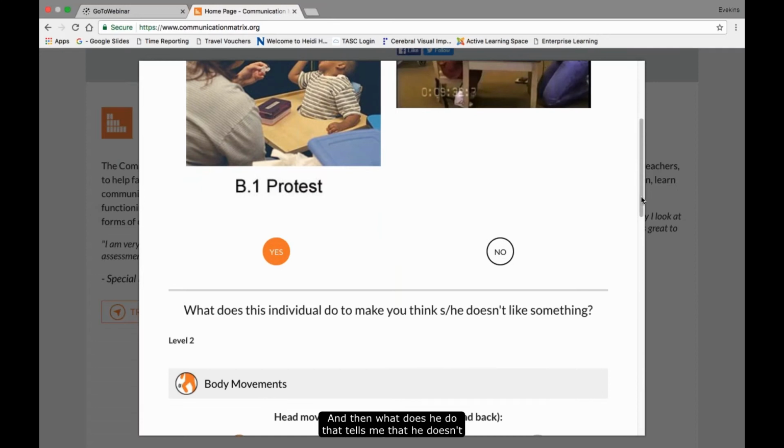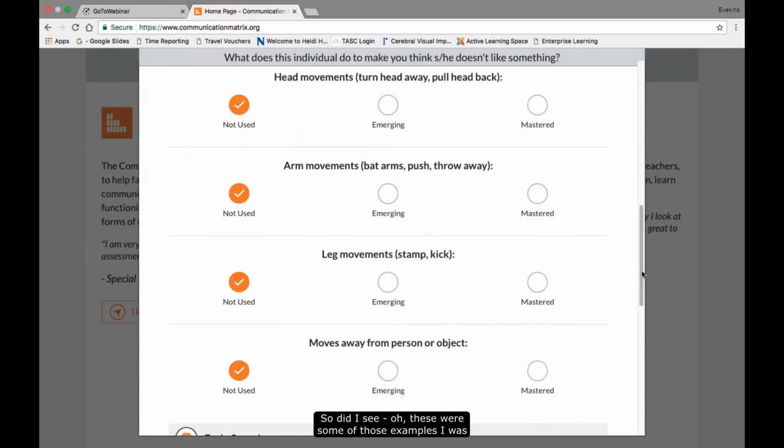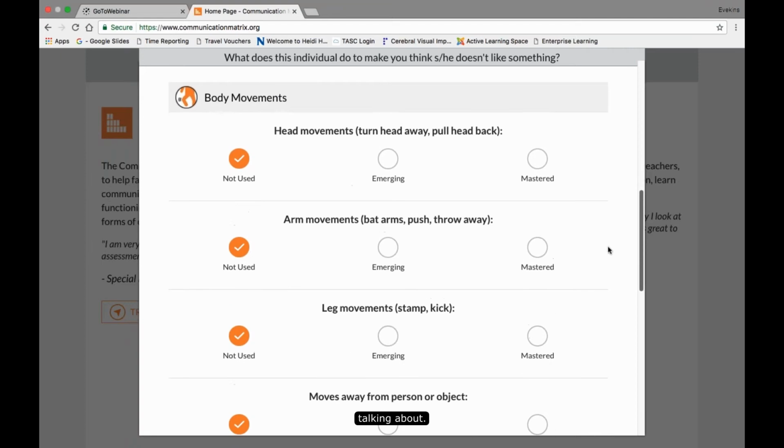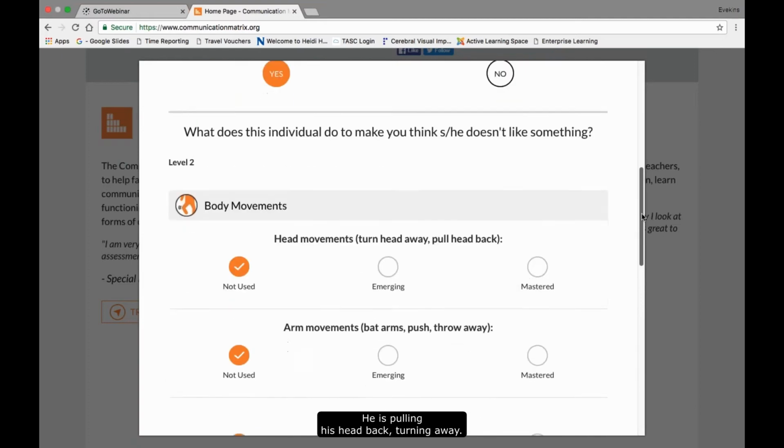And then what does he do that tells me that he doesn't like it? These were some of those examples I was talking about. Am I seeing body movements? Are they head movements? Are they turning their head away? Is he pulling his head back? And that is what I saw in this picture up here, he's pulling his head back, turning away.